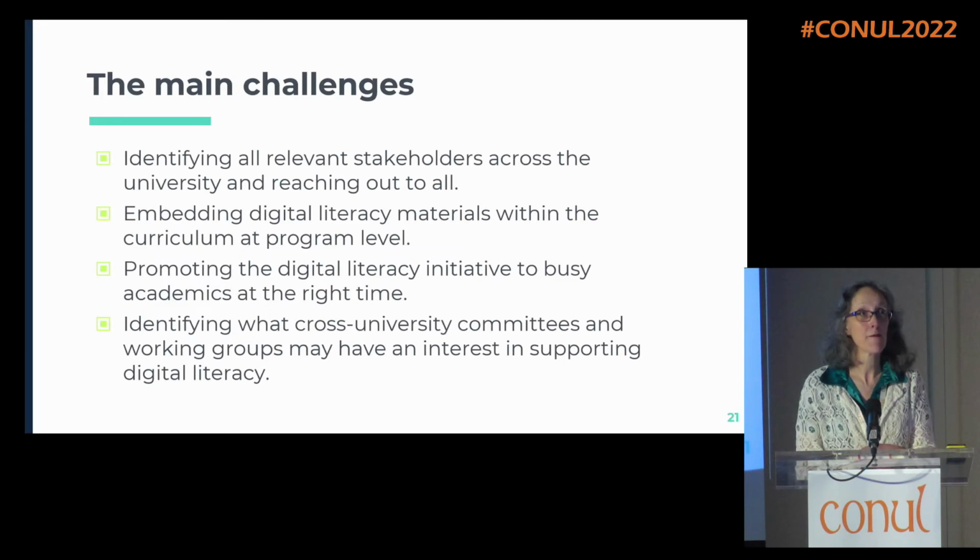So for instance, I never thought that I was going to be working with the Careers Office until I realized that the Careers Office were trying to roll out a program where students could put together a portfolio of courses and skills that they have developed outside the main curriculum that they can then take with them as micro-credentials for when they go for interviews or whatever. And they were trying to promote this program, and I was trying to promote the digital literacy initiative.